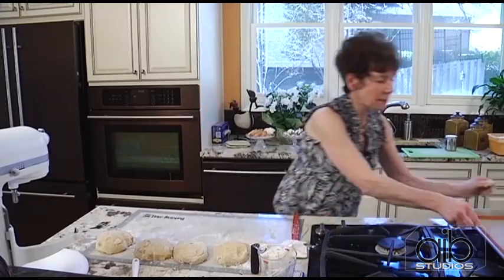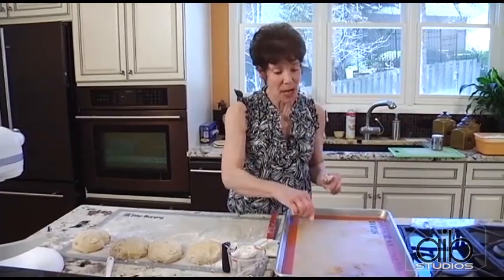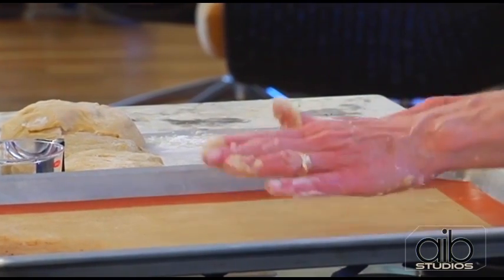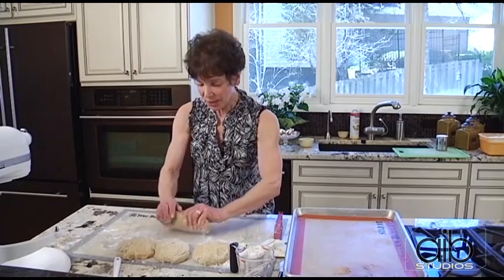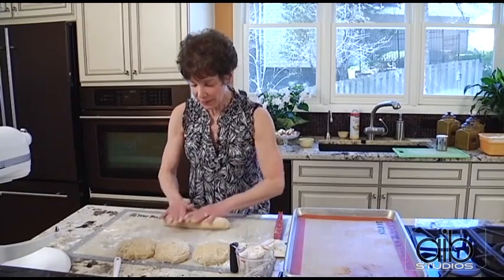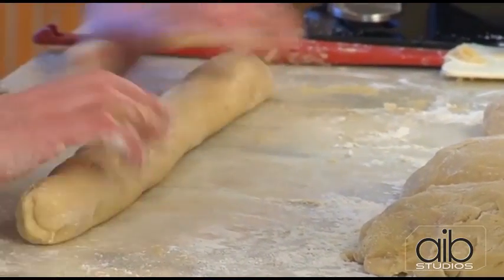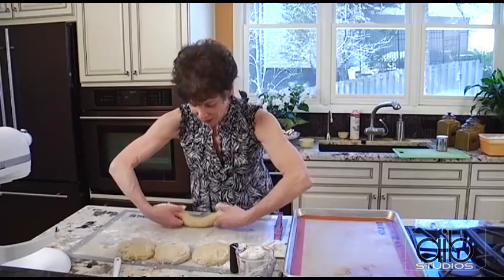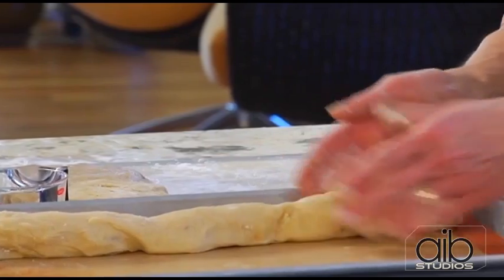Okay, and then I'm gonna take my baking sheet, which I also have another small silpat on the top, and this way I'm gonna bake it on this and it will help to brown the pieces. So this you'll see, even though you can't imagine that it would, but it rolls out very, very easily. It doesn't make a lot of stickiness or anything like that. So you're gonna get to try it about this size, which is about maybe 12 or 14 inches, and you're gonna lay it onto your pan in a nice, narrow